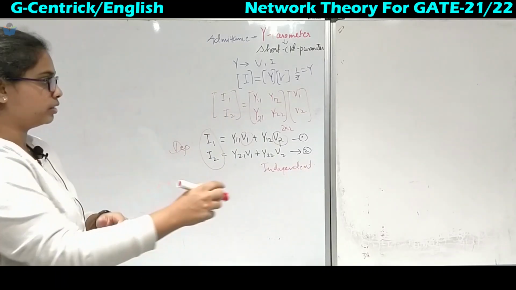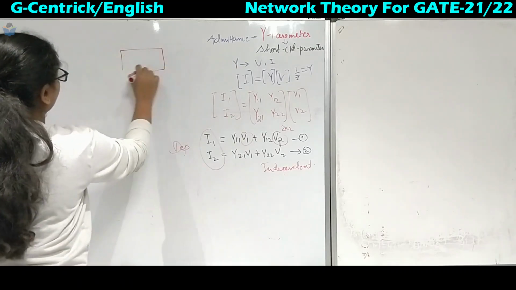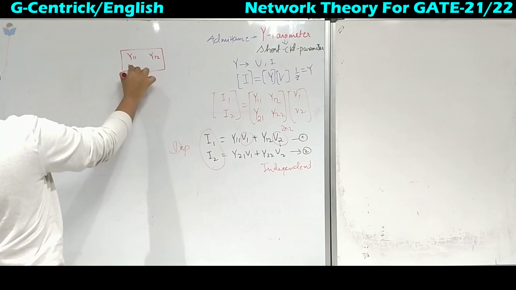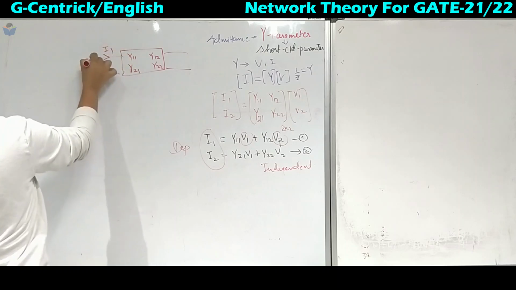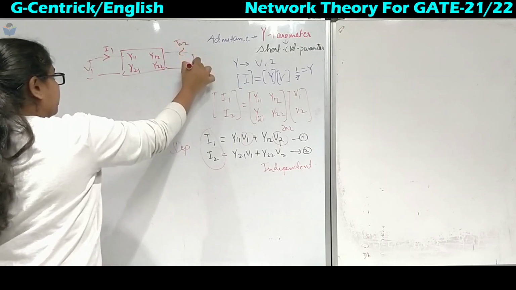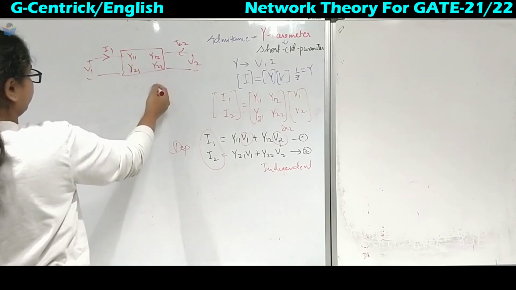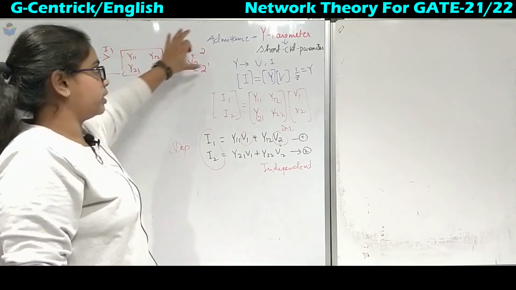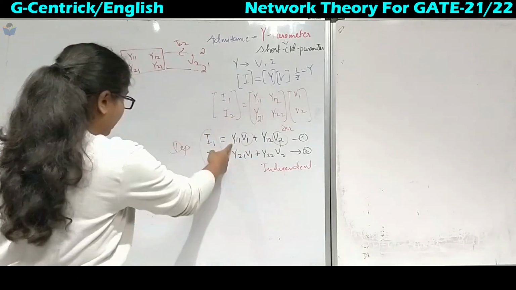Coming to the 2-port network, how will we draw it for this one? This is Y11, Y12, Y21, Y22. We will have our incoming current I1 with voltage V1, and I2 with plus minus V2. After that, this is the known Y11, Y12. We will call these the 1 dash and 2 dash terminals. This will be our input and output terminal. Now we will go one by one with the parameters.